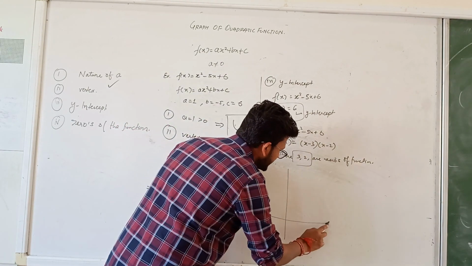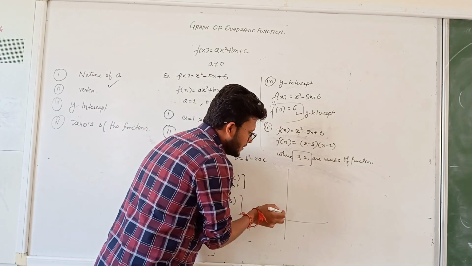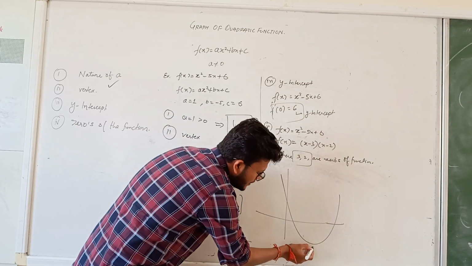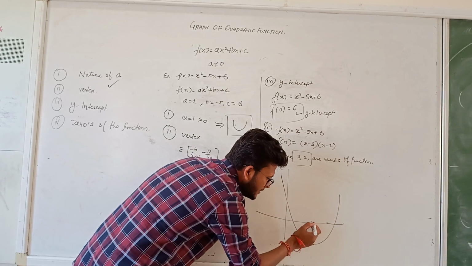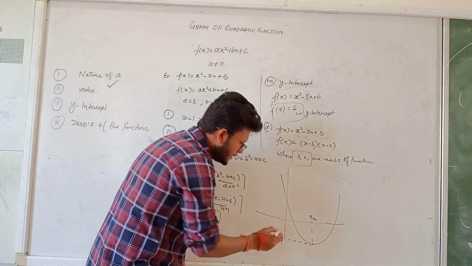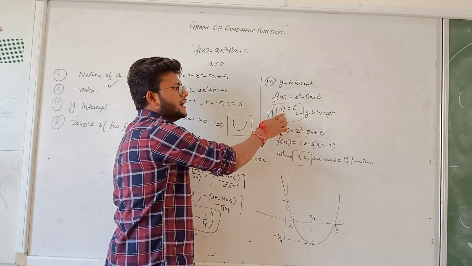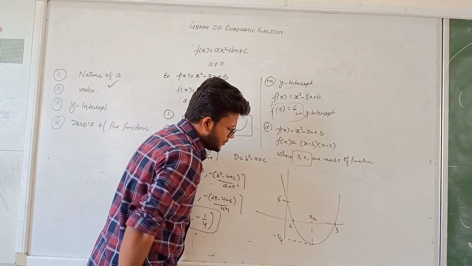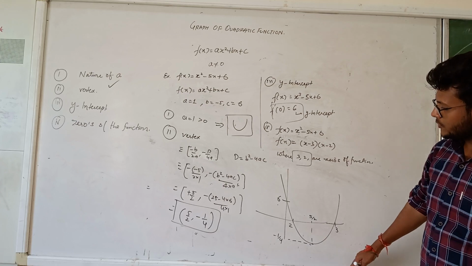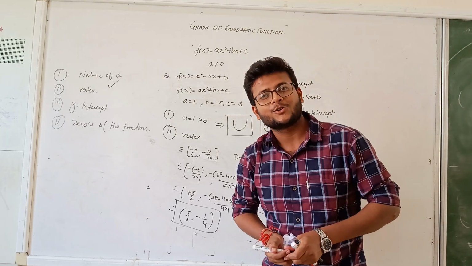Let's see how these four things help us find the graph of the quadratic function. I am roughly drawing the graph like this. This point is the vertex, with coordinates 5/2 and -1/4. This point is 2, this point is 3, and this point is our y-intercept, which is 6. So this is how, students, you can draw the graph of quadratic functions. Hopefully you will be able to understand this video, basically how to draw the graph of quadratic functions. Thank you so much for watching this.